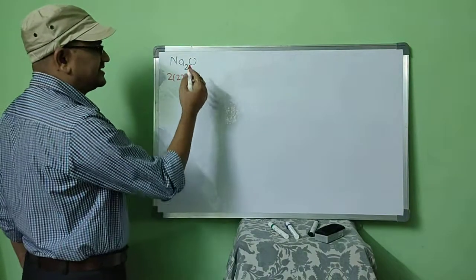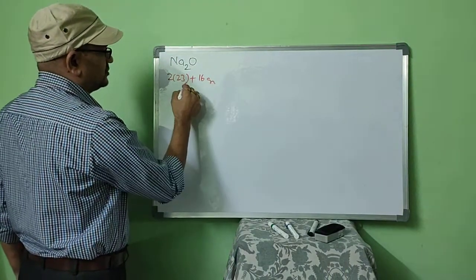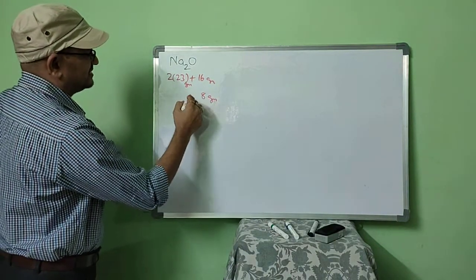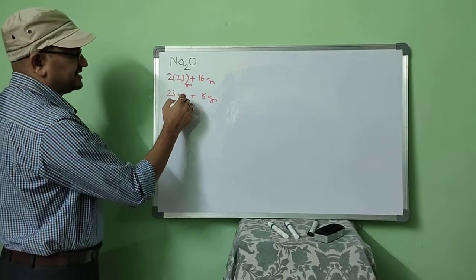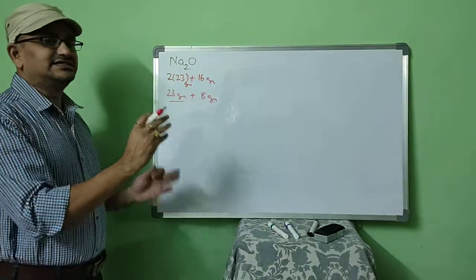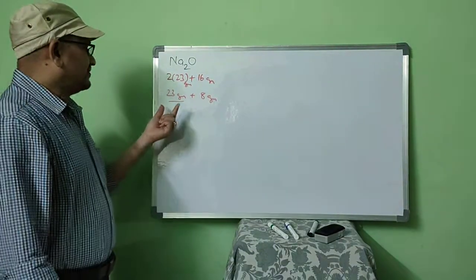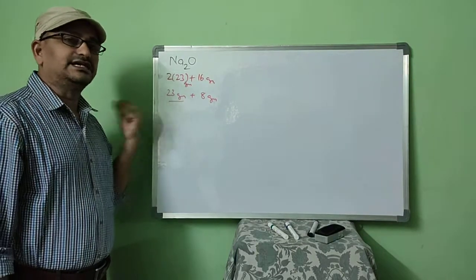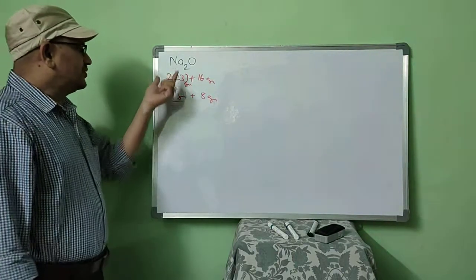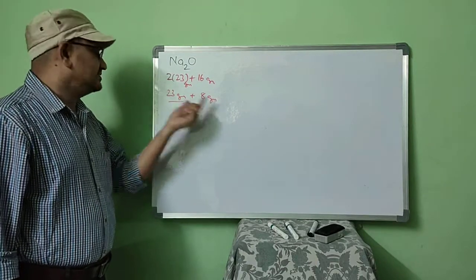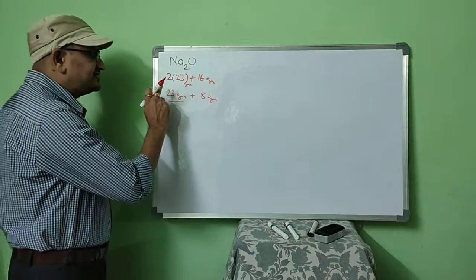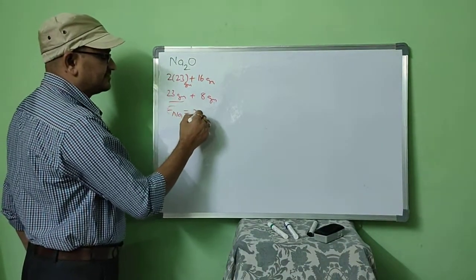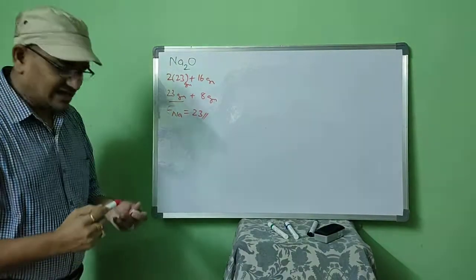one oxygen atom, whose atomic mass corresponds to 16 grams. So, 2 into 23 grams had combined with 16. Then with 8 grams of oxygen, what mass of sodium had combined? 23. As per the definition we learned in the previous session, the amount of substance that reacts with 8 grams of oxygen is said to be its equivalent mass. I am repeating, what amount of substance had combined with 8 grams of oxygen is said to be its equivalent mass. As 23 grams of sodium combined with 8 grams of oxygen, the equivalent mass of sodium in this particular example is 23. Have you noticed?